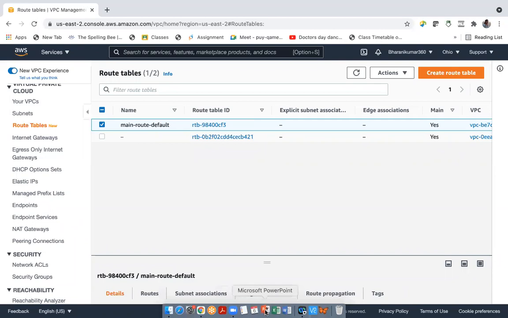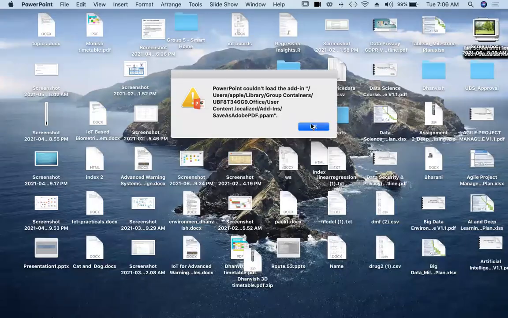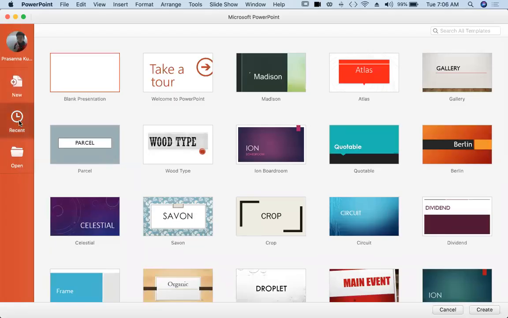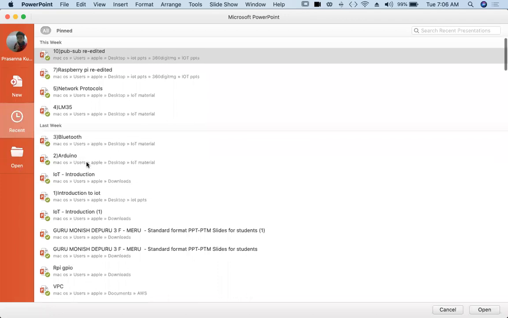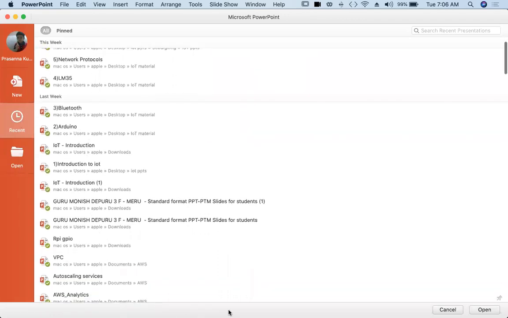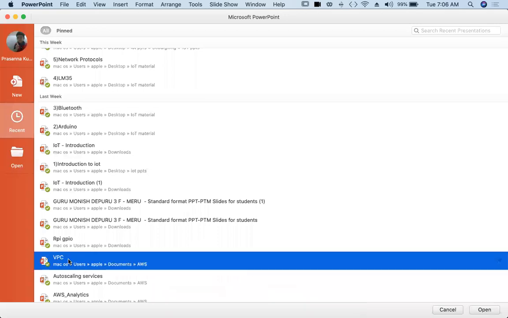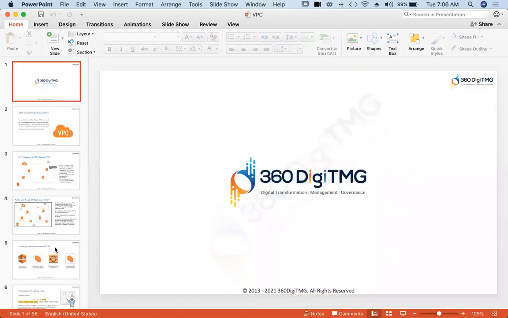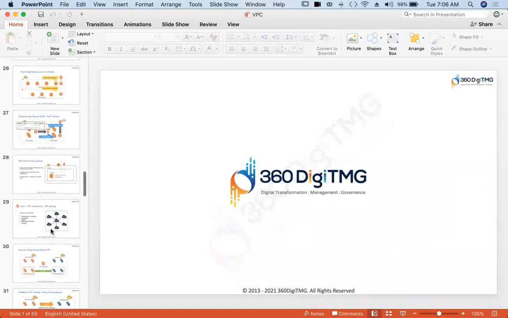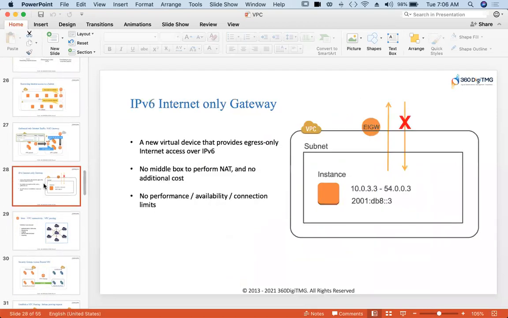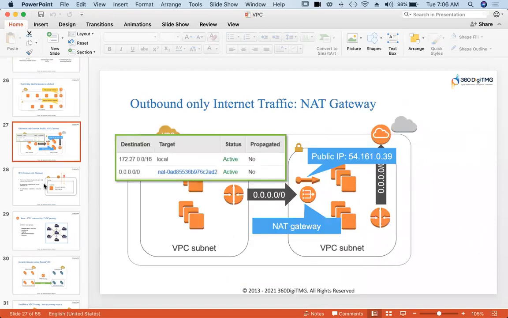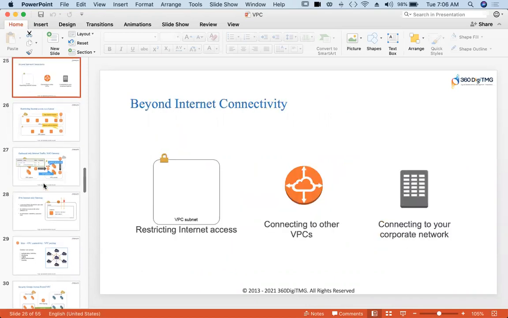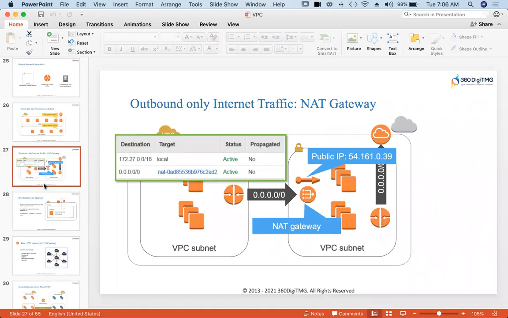And also let us open the presentation. And we are creating this NAT gateway.